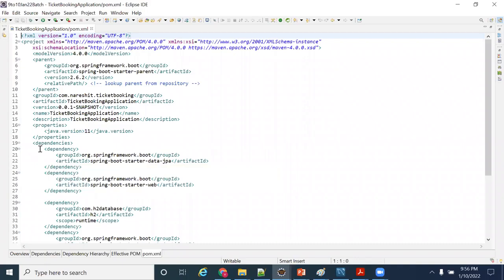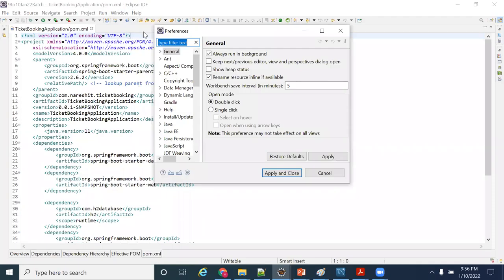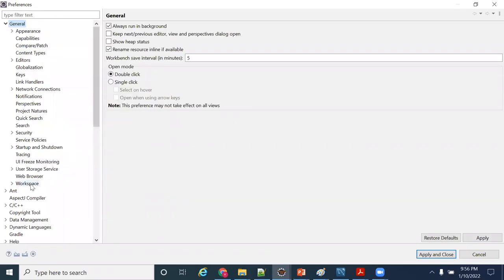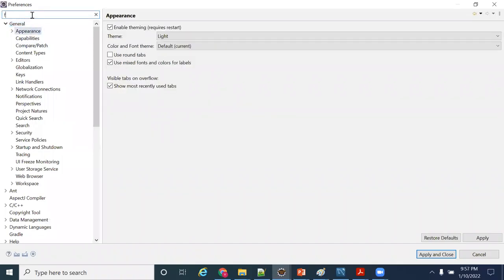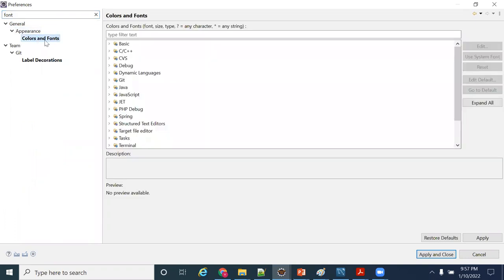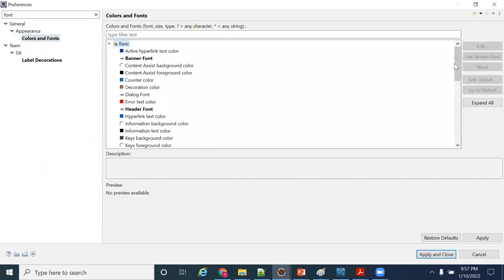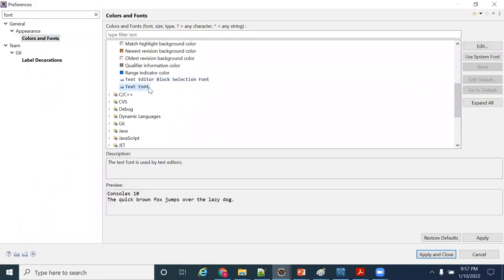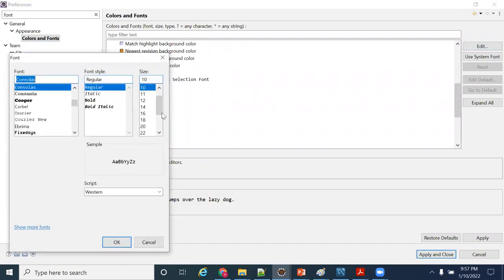I'll increase my font size, guys. Let me increase my font size. Window, Preferences, General, Colors and Fonts, Basic, Text Font, Edit.